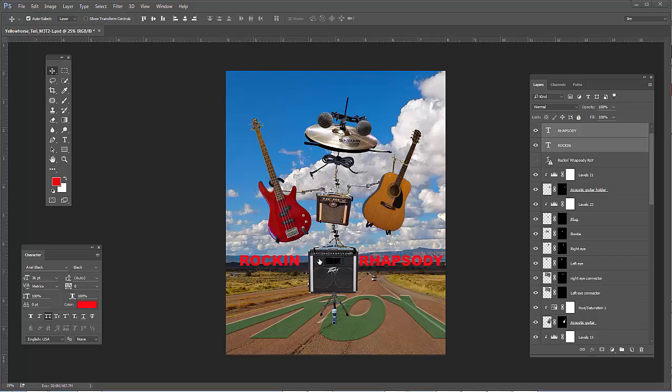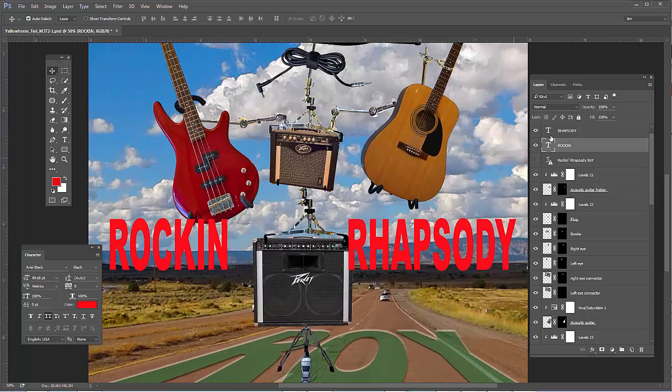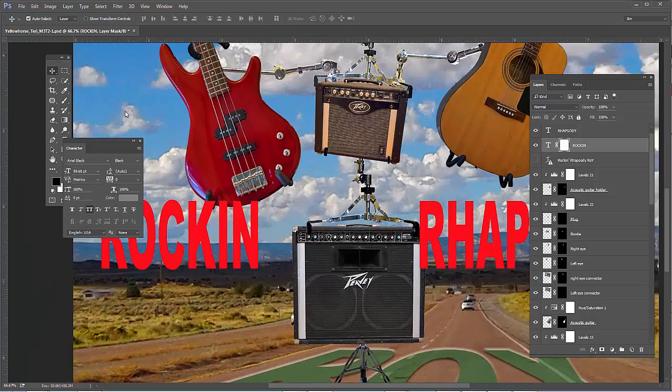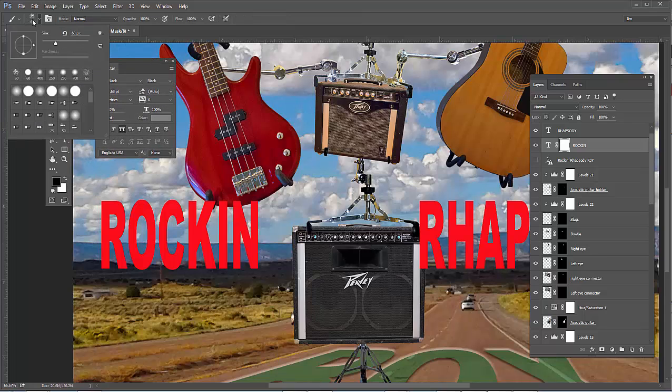Okay, I think here's what I've decided. I've placed these Rockin' Rhapsody here, and I want to keep this away from the edge here. All right, so now what I'll do is hit Control T. I have a thought in mind. I'm going to move the amp over a little bit. Well, maybe not. So now I'll stretch this up, hit enter, and of course the color's not right, but now I'll create a layer mask for Rockin', and then I will make it appear as if it's behind the mountains by